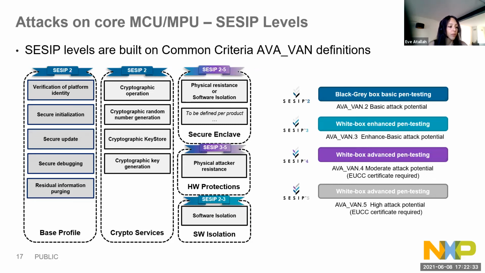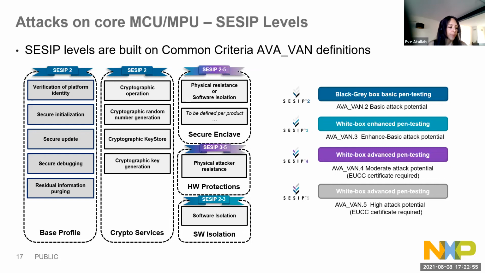This resistance level itself defines the type of attack applicable that can be part of the security test plan. We will see a more concrete example in the next slide, but just before, see that for the base profile and the crypto extension only,